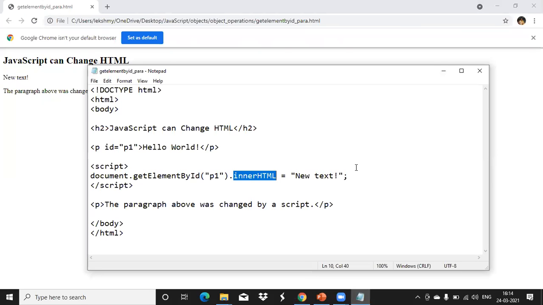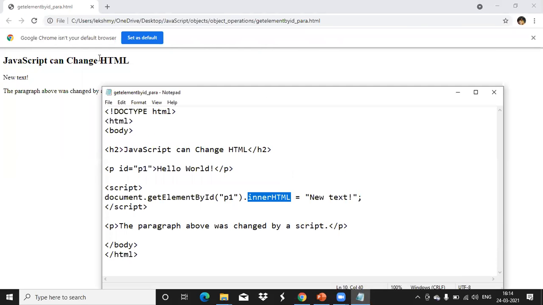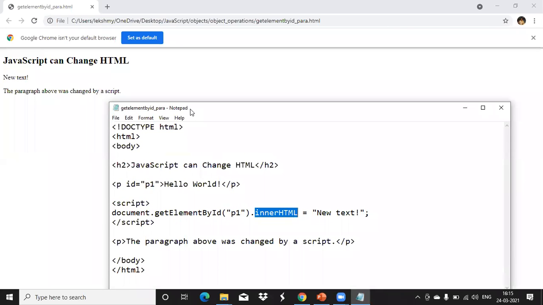So actually, here you can see our heading tag is printing the message like this. Now we have given one JavaScript to display. So what is the content now? It is displaying for the paragraph P1 with a new value, new text. It was already created with Hello World only, but that is not accessed there. It is accessing the new value which you assigned for the paragraph element. So dynamically we changed your HTML element using JavaScript. Clear this one? Any doubt?